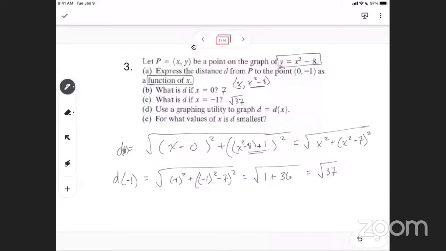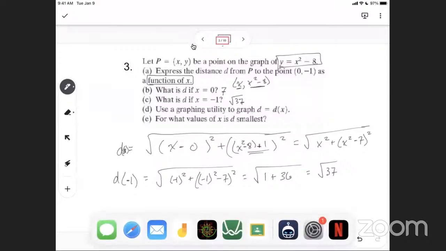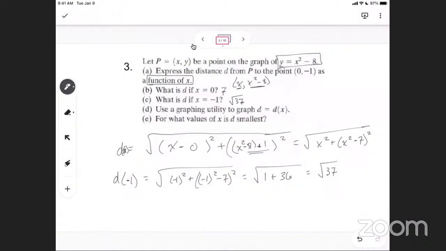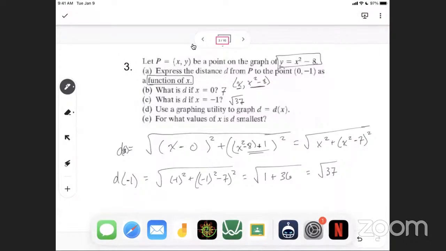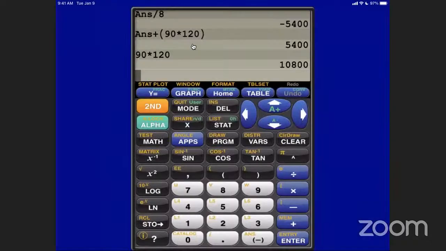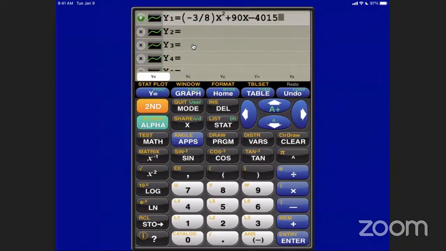The next thing, while you're doing that, I'll go ahead. Yeah, they all look right. Okay, 7 square root of 37. So now it says graph it on a graphing utility, so let's go to our graphing utility and let's clear this, and we're going to